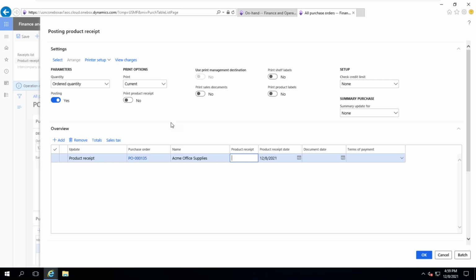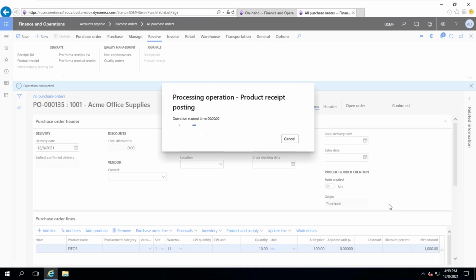Okay, you need to enter the product receipt number. Something I have to enter. The date I have to enter. Okay, click OK. As soon as you update the product receipt,